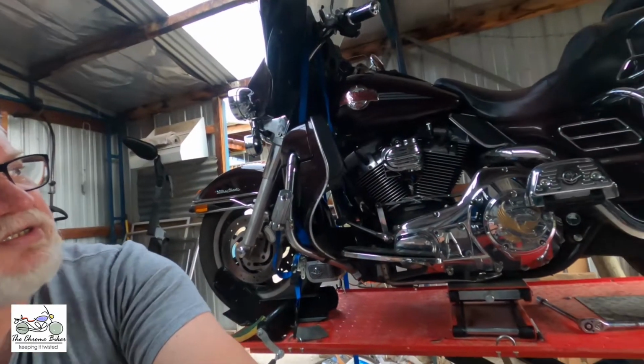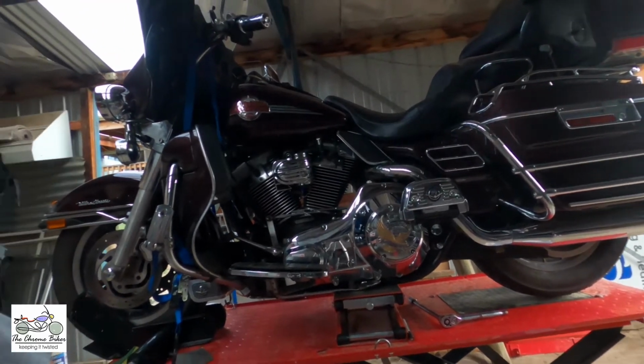So if you're a regular viewer here, as you know, I've got a camping trip planned and I'm getting towards the pointy end of the stick now. I've got a week to go, so basically tomorrow week I'm heading off for about a 2,600 kilometre ride with a friend of mine, Rod. This is his bike up here. He's got an Ultra Classic,